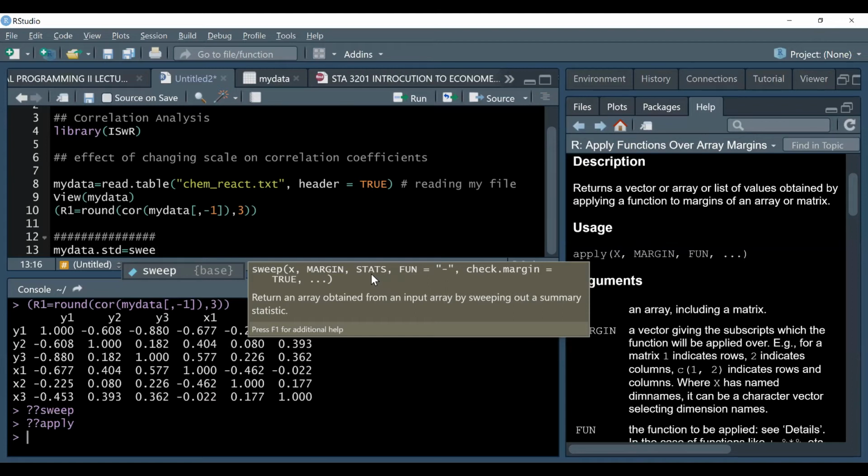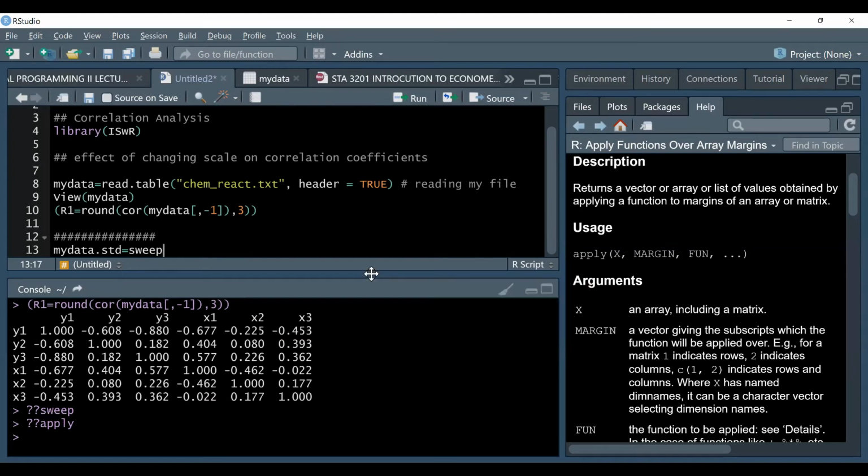So here I'll say sweep. Then open bracket there. I say my data. So that's my data. I want to work with my data, but of course without the first column. Remove the first column. Then I want to apply this along the columns, so I'll put 2. If I were working along the rows, I'll put a 1 there. Then there's this, the stats. So what do I want to get from here? I want to get the column standard deviations. So I can say apply